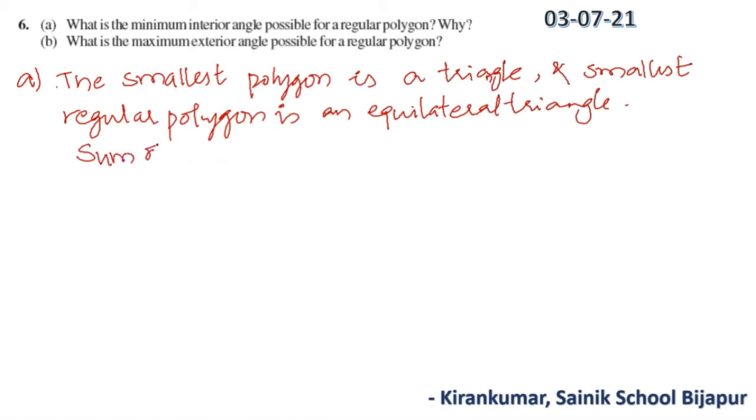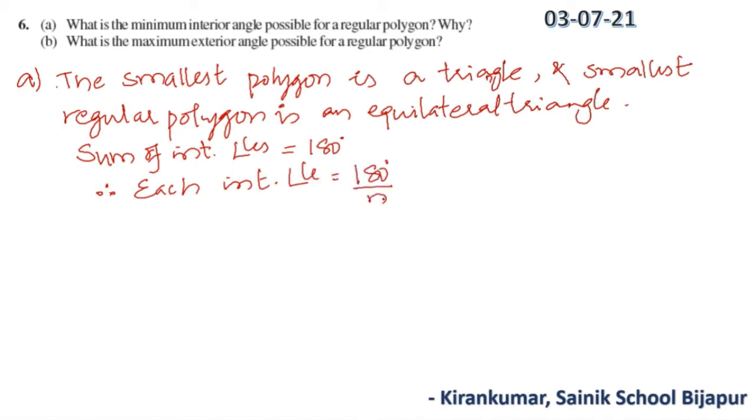Sum of interior angles is 180 degrees. Therefore, each interior angle is 180 degrees divided by the number of sides, which is 180 degrees divided by 3. This will be equal to 60 degrees. Let's answer the second sub-question. For an equilateral triangle,